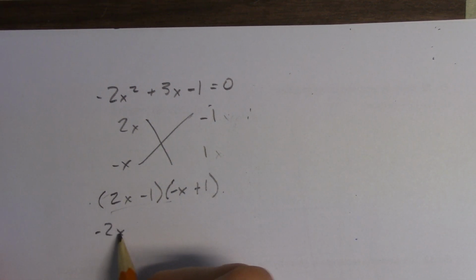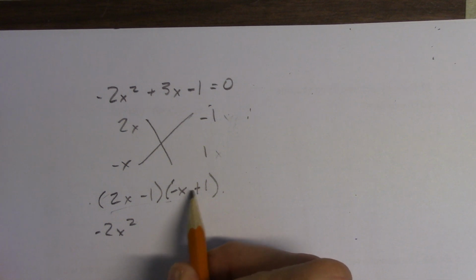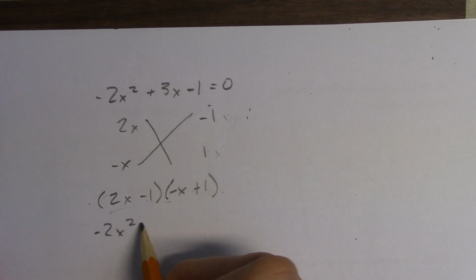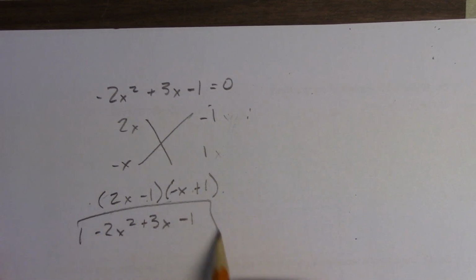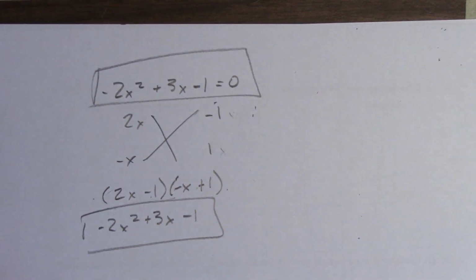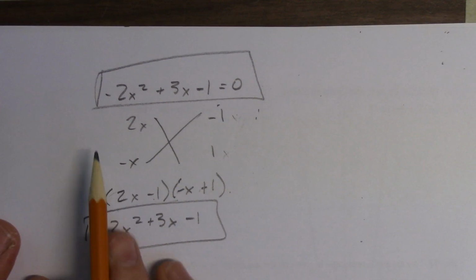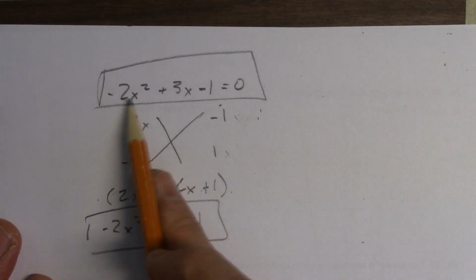We get negative 2x squared. We get 2x plus x, plus 3x, and then we get minus 1. Very nice. He did it. Crisscross for the win. Crisscross applesauce. Now, what you could have done, if this negative is really giving a lot of you problems,